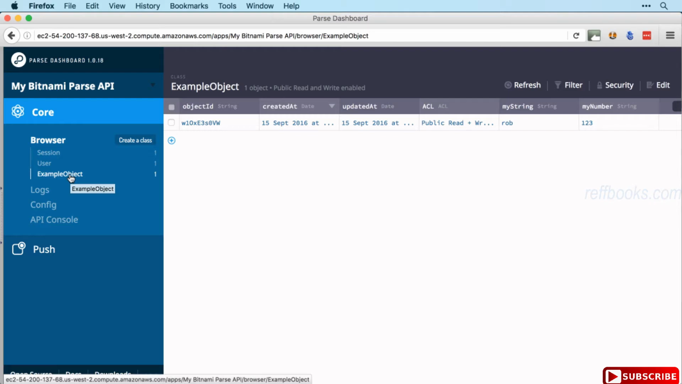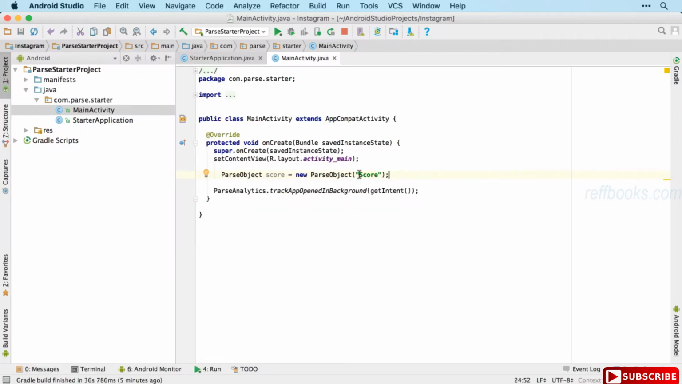So just jumping back over to our data browser, at the moment our class that we've created is called example object, and we've also got user and session as classes as well. So we don't need to define the score on Parse in any way. If it's not already there, then Parse will set it up for us. So then we might want a couple of bits of data